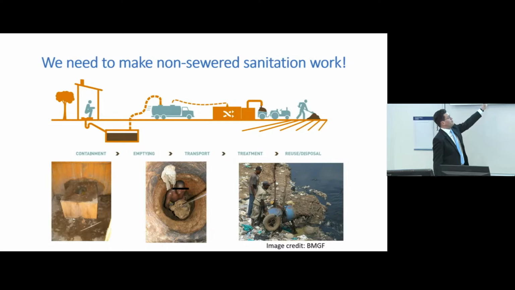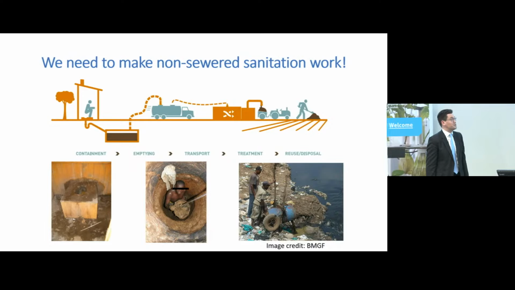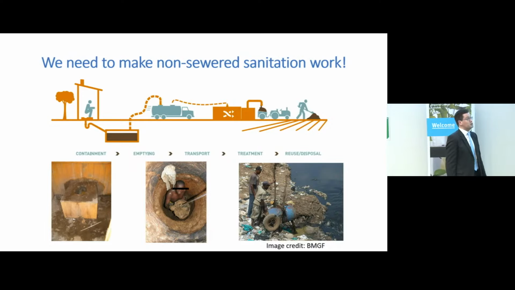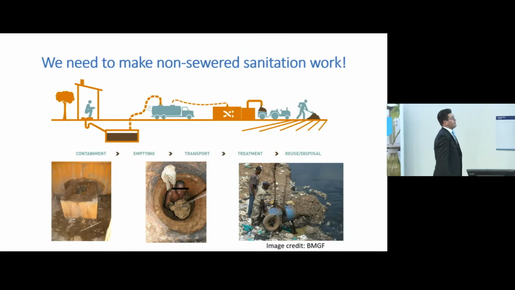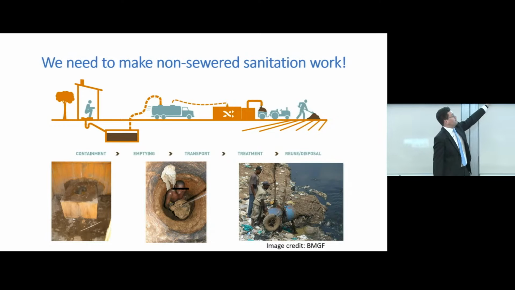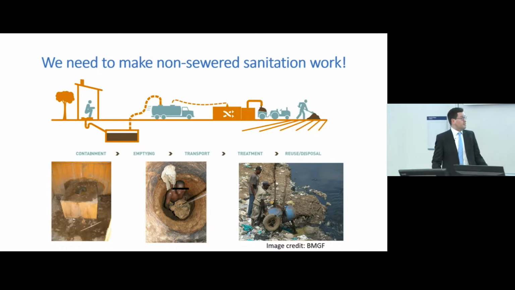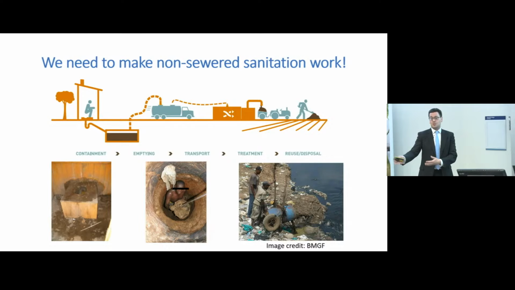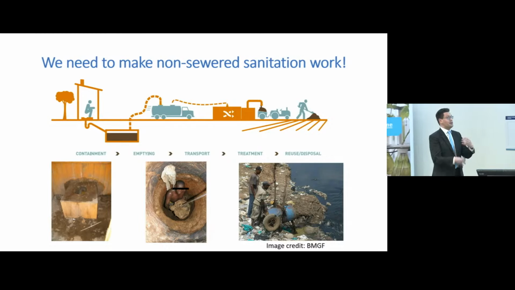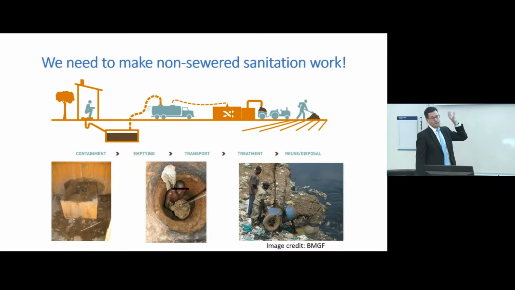In other cases, people have a toilet, but they don't have a safe way to empty it. And that's got to be the worst job in the world and one of the most dangerous jobs in the world, for a lot of people around the world who have the job of emptying latrines without any kind of protective equipment. And then even if you do have the luxury of having somebody who's going to empty your toilet for you, in a lot of countries, that waste is emptied from the toilet, but then there's nowhere to dispose of it safely or to treat the waste. So it ends up just getting taken to a river, dumped back into the environment, which really negates the whole public health benefit of having a toilet in the first place. So this is the problem we need to solve. This is the sort of engineering system that we need to make work.